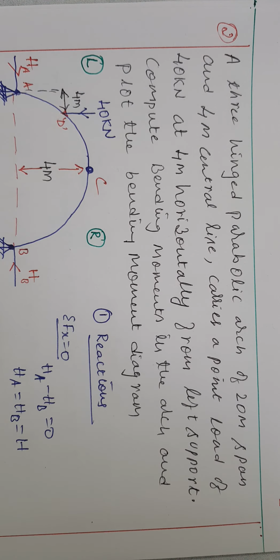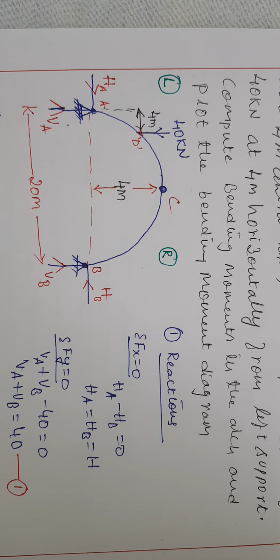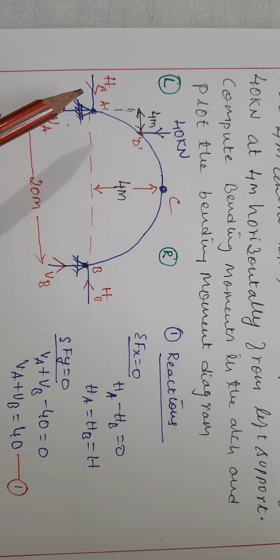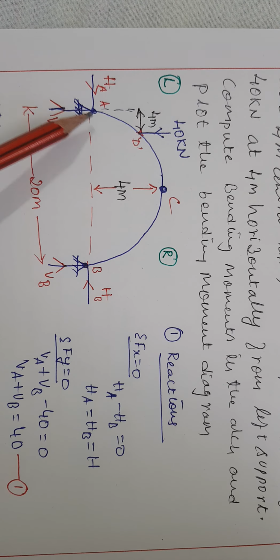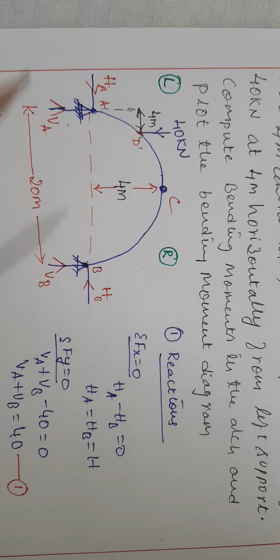Here they have not asked about normal thrust as well as radial shear, so there is no worry about normal thrust and radial shear. Based on the data, I have drawn the figure which is like this. I considered a three-hinged parabolic arch. I considered A, B and C as the hinges, and the span of this one is 20